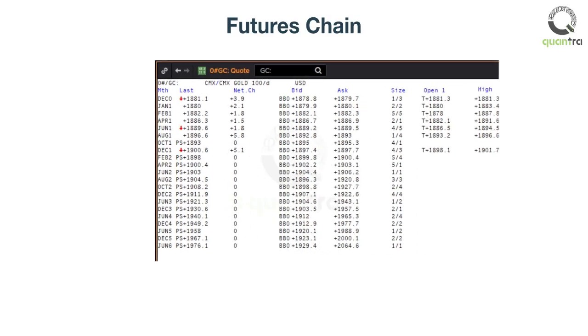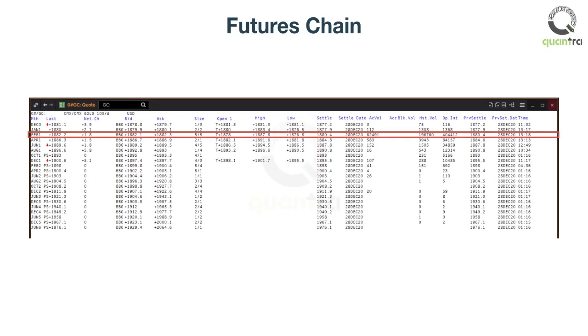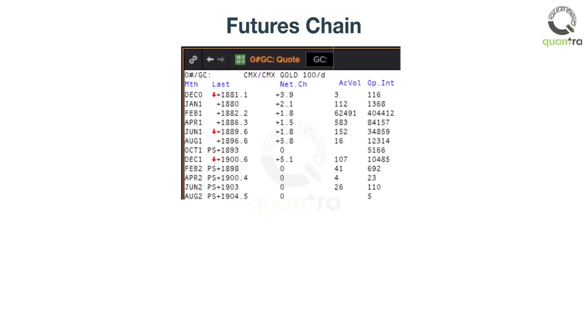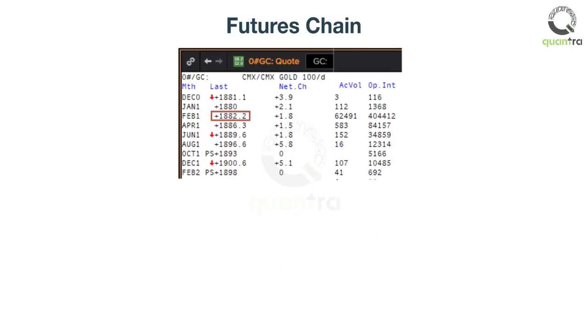In this image, the most active delivery is February 2021. You can easily spot this by seeing that this is the one with both the highest volume and the highest open interest. Almost all the trading activity in gold is currently done in this particular delivery. The February 2021 gold shows a last traded price of 1,882.2, while the April contract is at